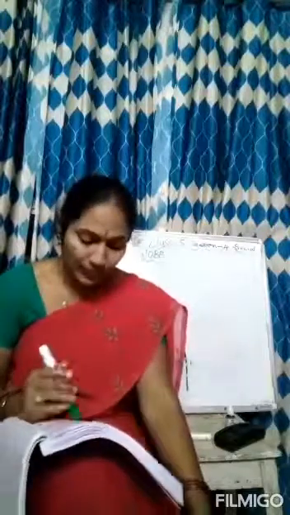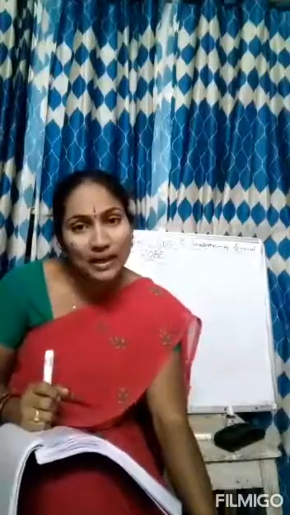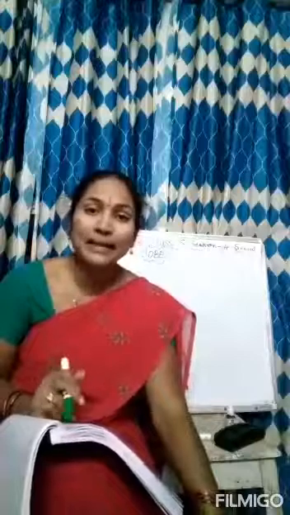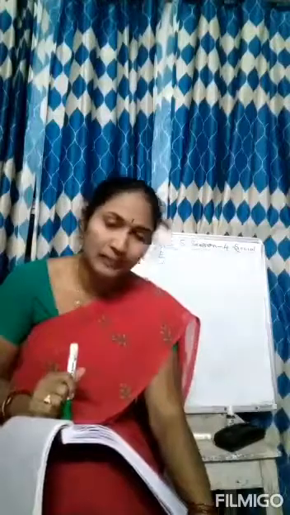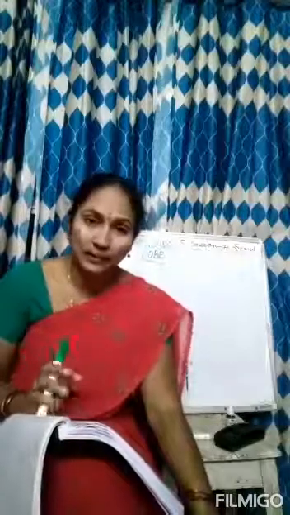Equator. Next. Dash is the 7th largest country in the world. Which country is the 7th largest country in the world? India, our country. So write there India. First one equator, second one India.